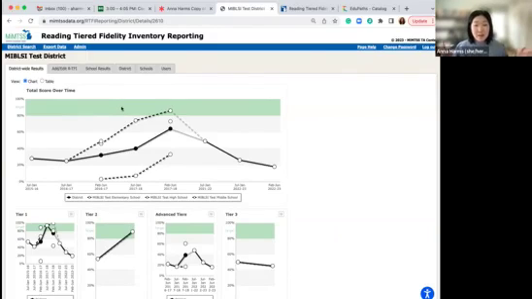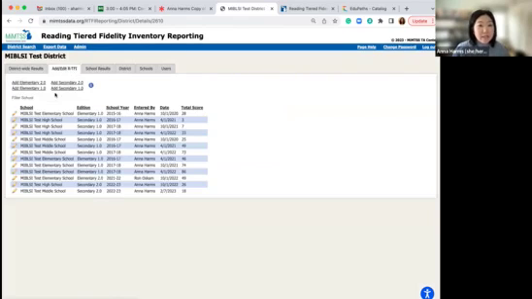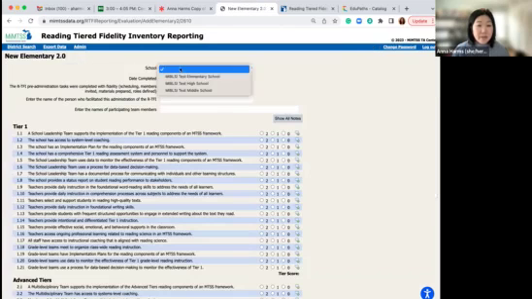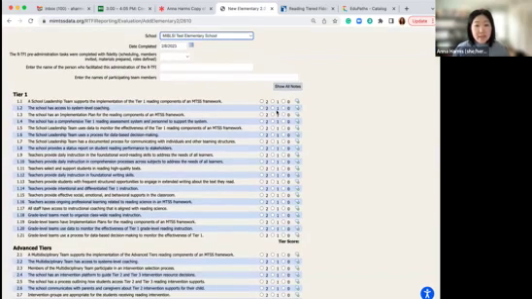Okay, so I'm in a test account right now. I've logged in. I want to show you how easy it is. So here's a little history of everything that's been entered for this particular district in the system. To add new scores, all I'm doing is clicking add elementary. I'm picking which school it is. I have a couple pre-administration questions, and then I'm just going in. The full rubric is not in the system, so I'm just going through and clicking what my score was